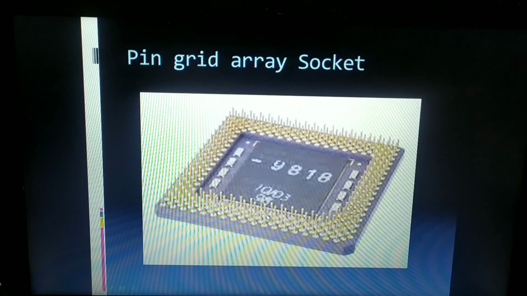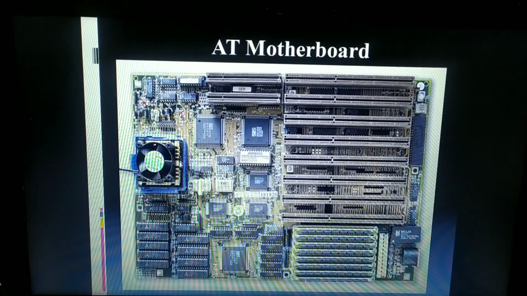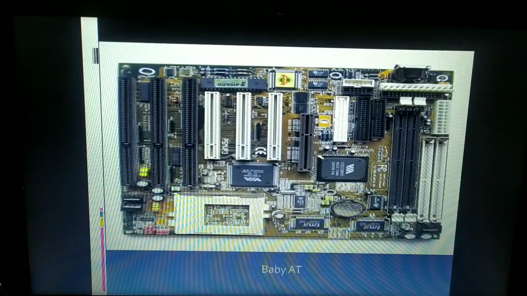This is one of the characteristics of your motherboard. Here we are able to place your microprocessor, so that is the pin grid array socket it is using, the PGA socket. Upon your pin grid array socket, a fan is placed here for cooling purposes. Otherwise, this AT motherboard, which is the advanced technology motherboard, is using the PGA socket, and it is using the SDRAM slots, that is, synchronous dynamic random access memory.